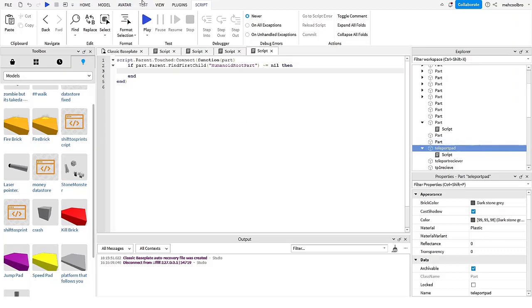Now we need to actually teleport the player to the other pad. So we're going to get the part.parent.HumanoidRootPart. And the humanoid root part is where the player's character is. The player's character is centered around the humanoid root part. And if you move the humanoid root part, the player's entire character will move with it. So we're going to set the position of this to be the teleport receiver